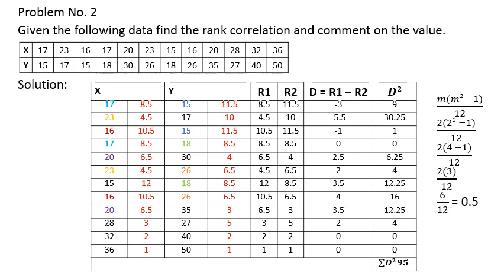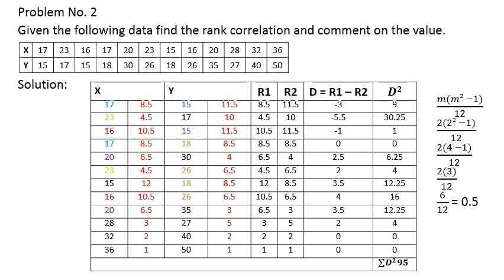Now we assign rank. The highest value is 36, we assign first rank. Next highest value is 32, assign second rank. Next highest value is 28, assign third rank. Next highest is 23. The value 23 is repeated twice, so the average of rank adds 0.5, using the formula m into m square minus 1 divided by 12. That you have to keep in your mind. Now when a value is repeated twice, the average of rank adds 0.5. So 4.5, using 4.5 rank for both 23 values.